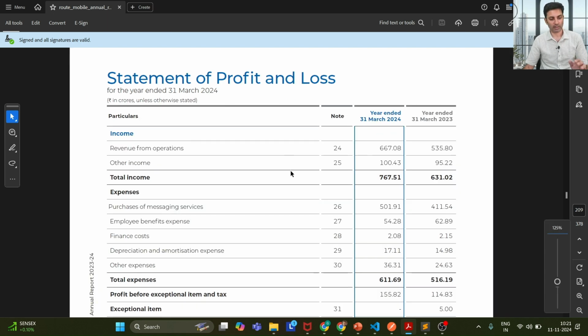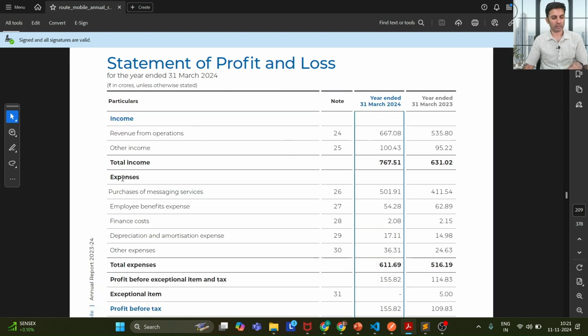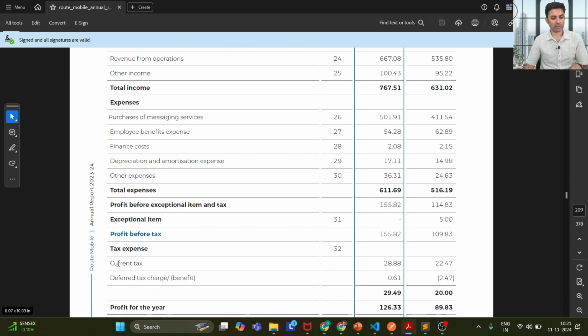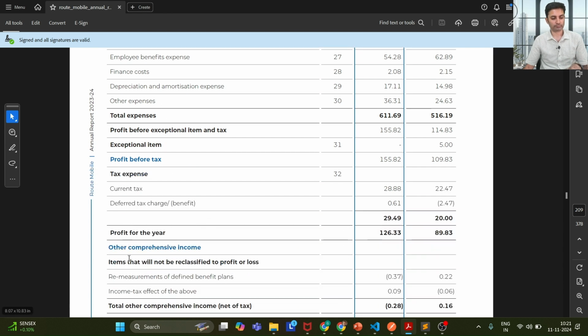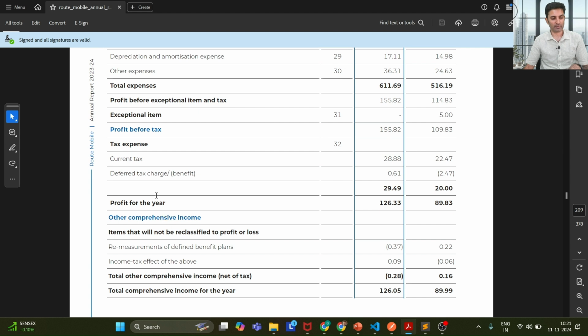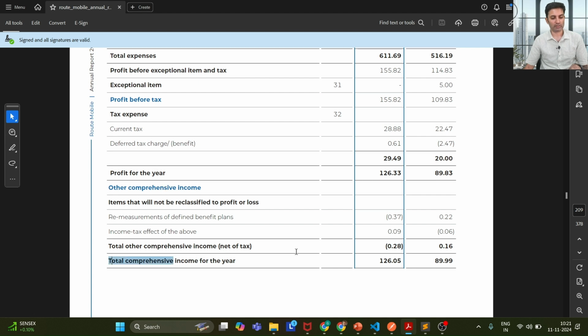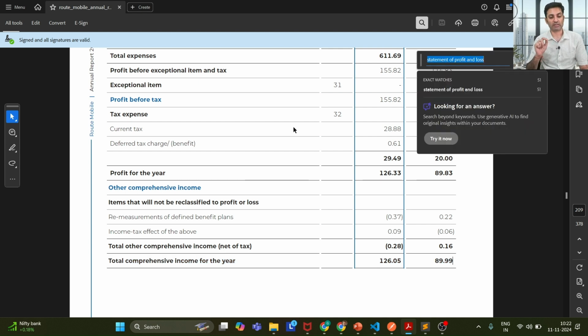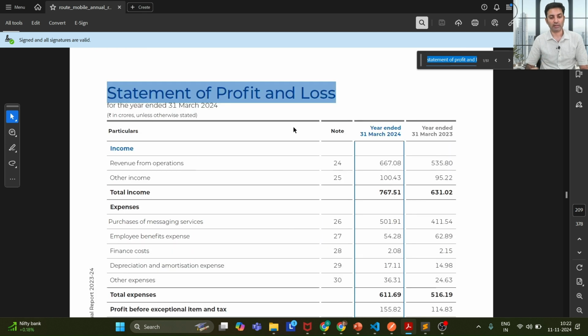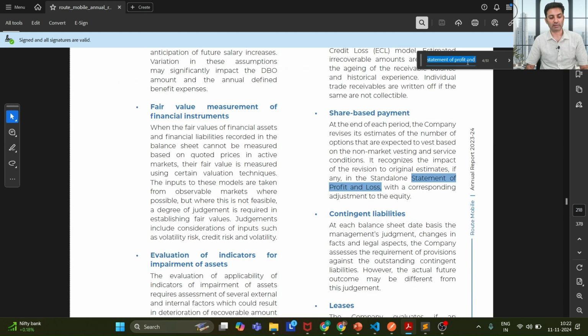and loss. And you see the income is mentioned, the expenses are mentioned, then total expenses, and finally the profit or loss. So this is what I get to see, the net tax or the net income. Now this is the page I'm expecting, but the challenge is that when I search for this particular keyword, statement of profit and loss, there are 51 matches for this set of words,